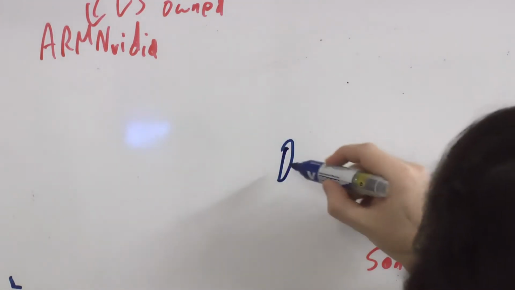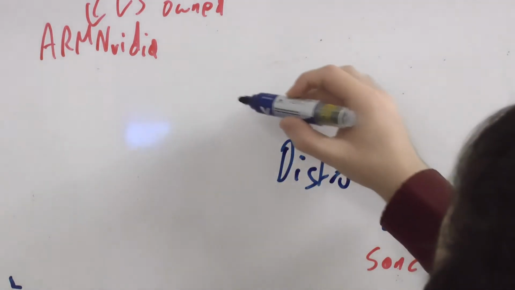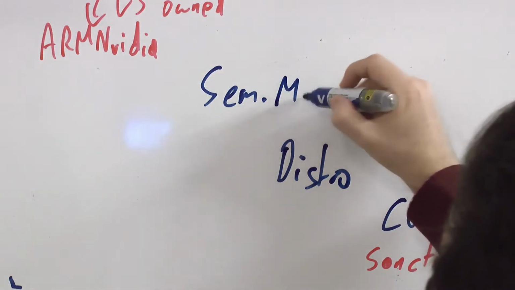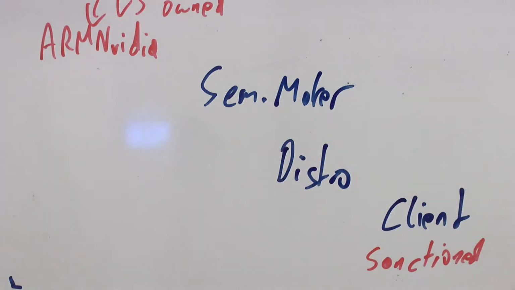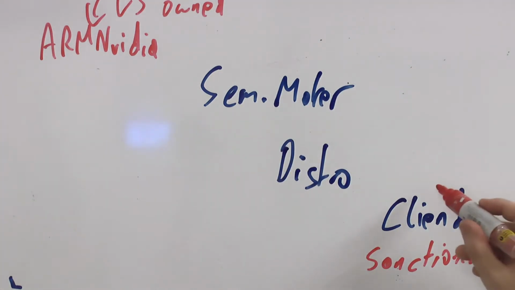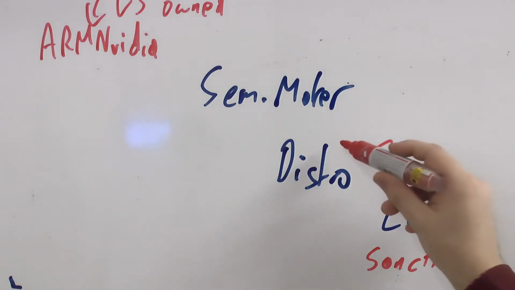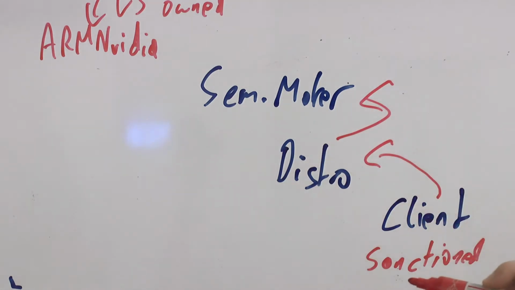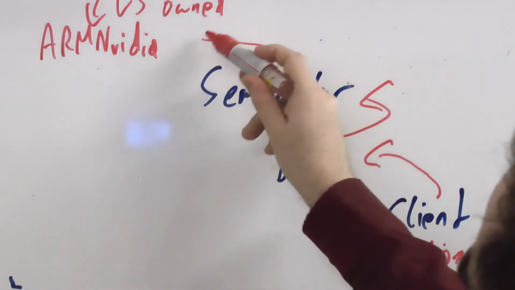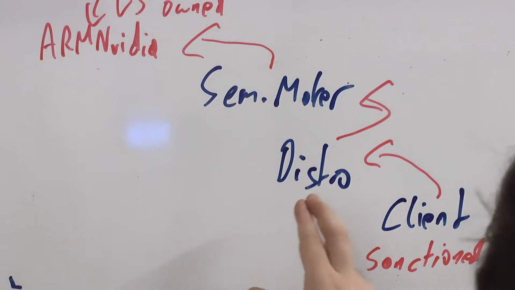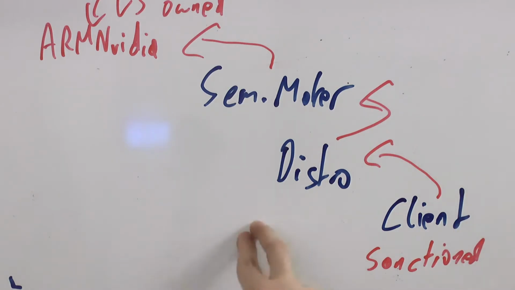So here we've got the distro, and here we've got the semiconductor maker. And the sanction now can bubble up. So the distributor risks being sanctioned, the semiconductor maker risks being sanctioned, or in the end, even ARM NVIDIA itself risks being sanctioned. So even if the distributor is, for example, in Poland, and the distributor tells the American government